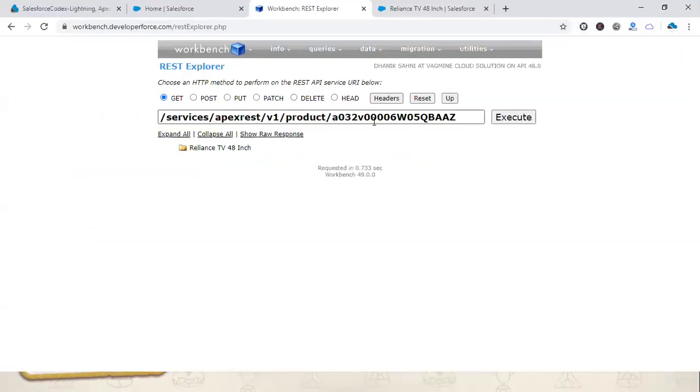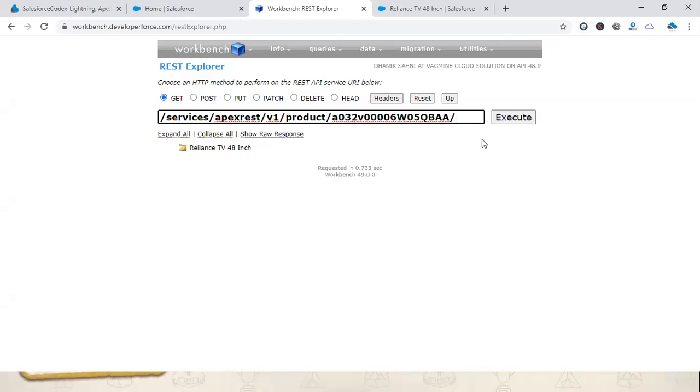Now let's say I want to get all the product information with the product ID and a specific vendor, specific company. So I want to put that condition as well. You can give another parameter on the URL itself using slash and other detail.